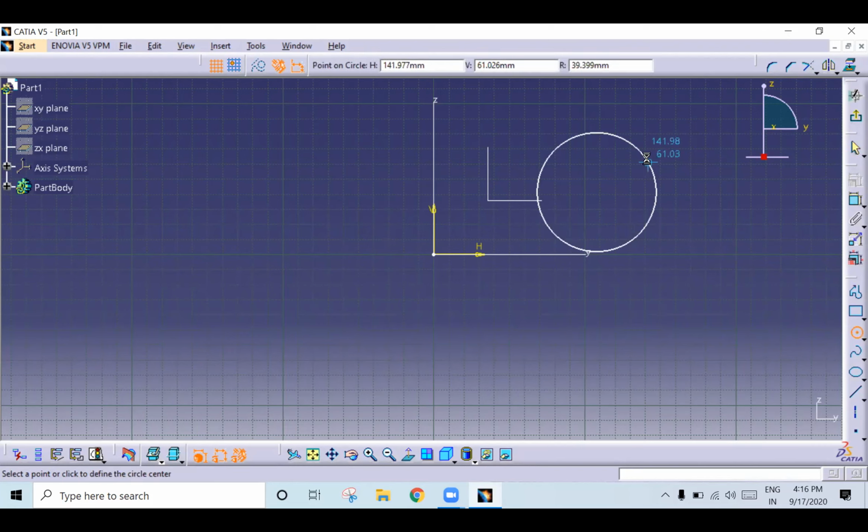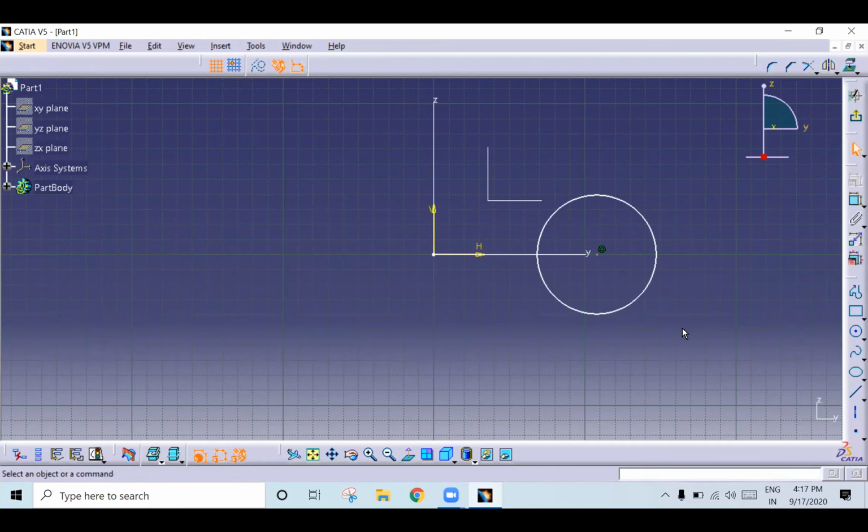Suppose you have created a circle, and you want to make the center point coincide with this horizontal axis, or with this vertical axis, or with this center point. What you have to do is select the constraint, select the point, select the axis, right click, Coincidence. That's it.